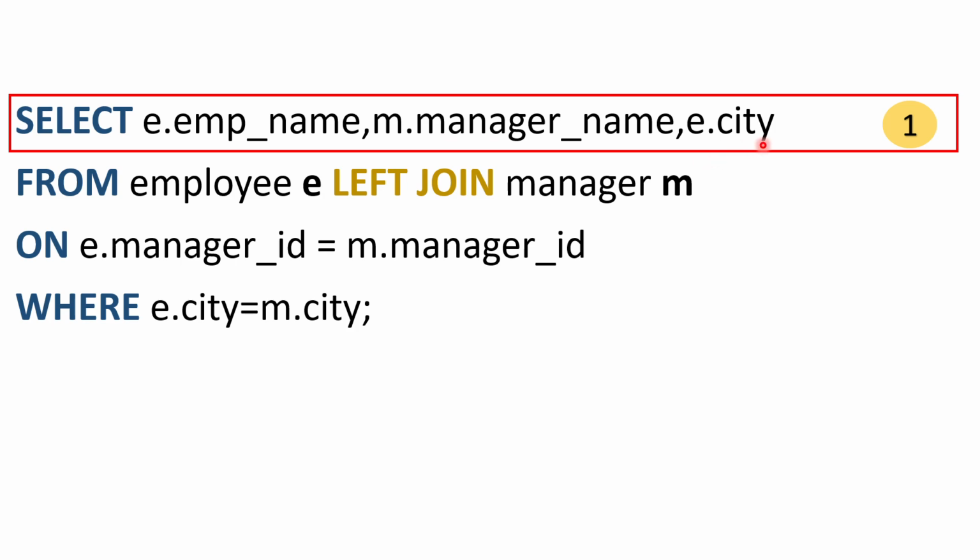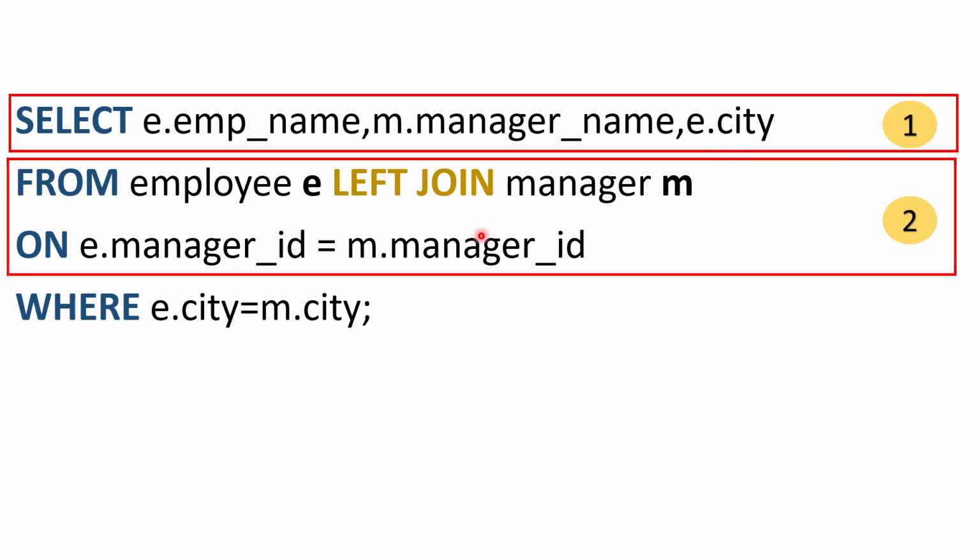Then according to our second step, we will write SQL for joining the two table, that is for the manager and the employee table. So we will write from employee left join, or also you can use inner join, manager M on E dot manager ID equal to M dot manager ID. But this time we are using manager table. So here manager ID is the common column between the two table, that is employee and manager table. So that's why here we are using manager ID for joining these two tables.